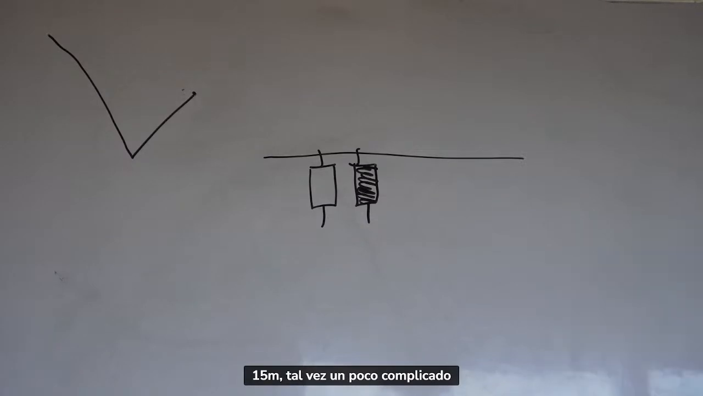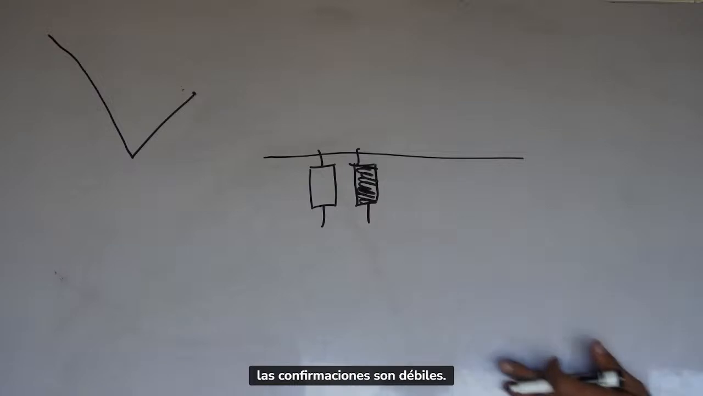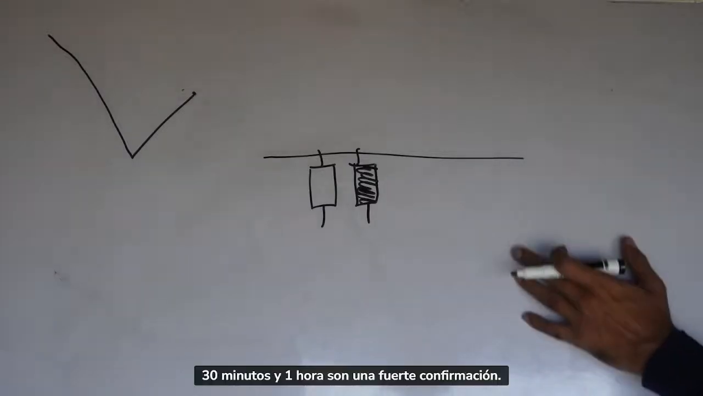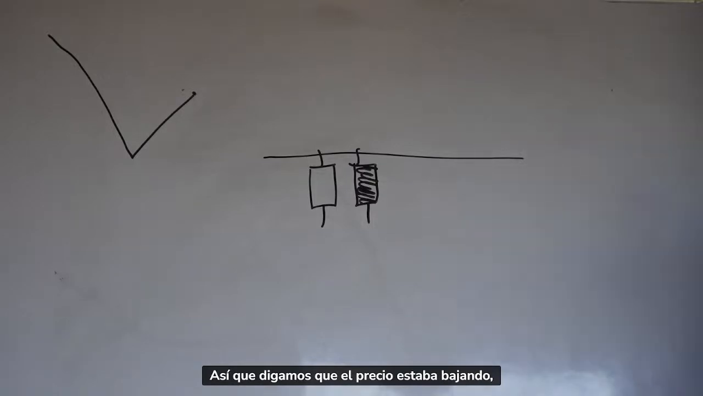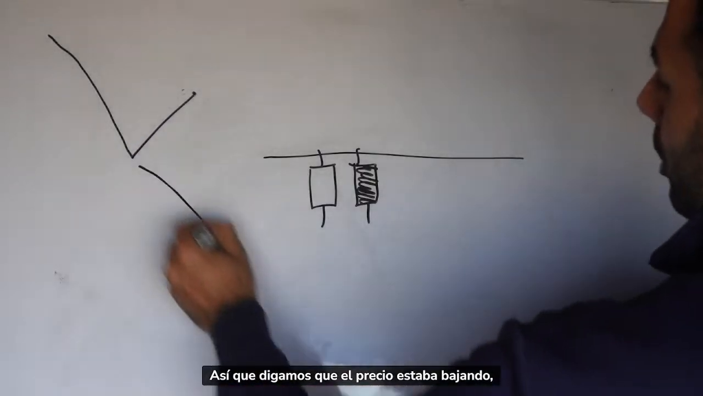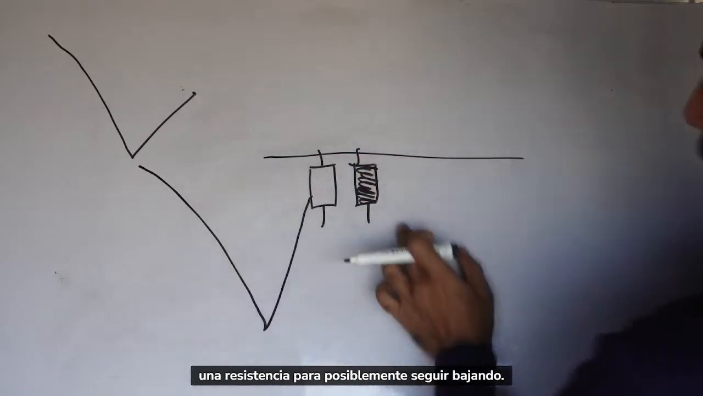15-minute may be a little bit tricky, because as we all know, the 15-minute time frame confirmations are weak confirmations. 30-minute and 1 hour are strong confirmations. So let's say price was coming down, we made support, came up, and now we're creating resistance to possibly continue